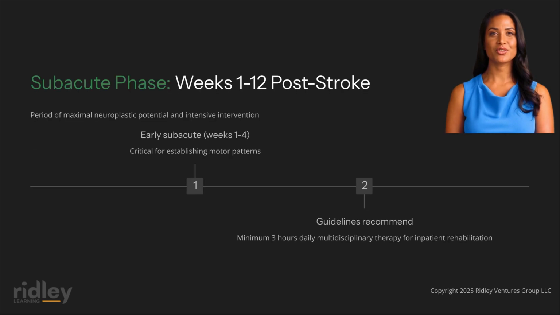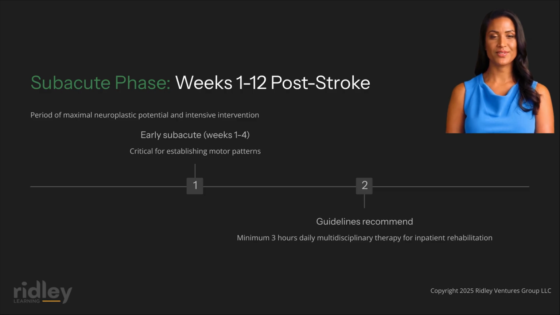Now let us transition to the subacute phase of rehabilitation, which represents the period of most intensive rehabilitation intervention, typically spanning from approximately 1 week to 3 months post-stroke. During this critical window, the brain demonstrates maximal neuroplastic potential, and patients can tolerate progressive increases in therapy intensity and duration. This phase is often subdivided into early subacute, covering weeks 1 through 4, and late subacute, covering weeks 5